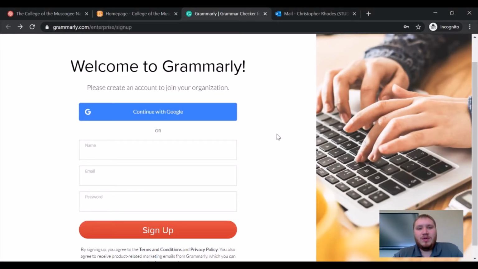Here you will need to put in a name for your account as well as an email and password specifically for this site. So for example, we're going to use Christopher for the name and then christopher.rhodes@cmn.edu for the email address, and just make up a basic password. After that, you'll need to hit sign up, and then Grammarly will send